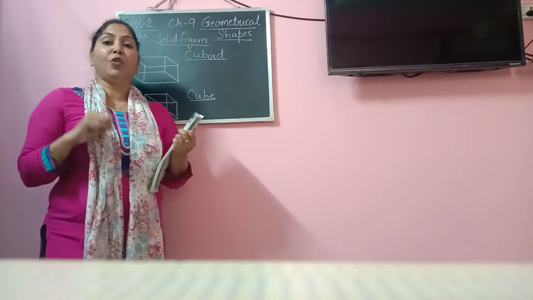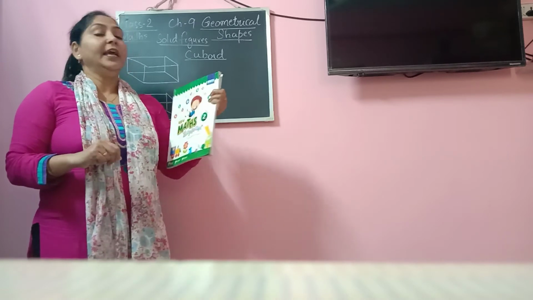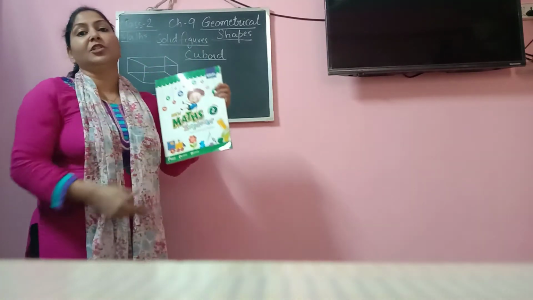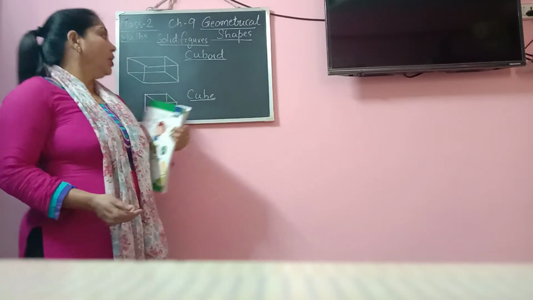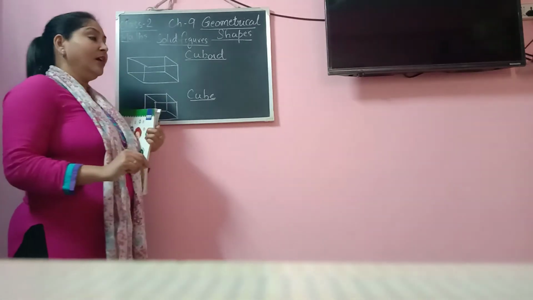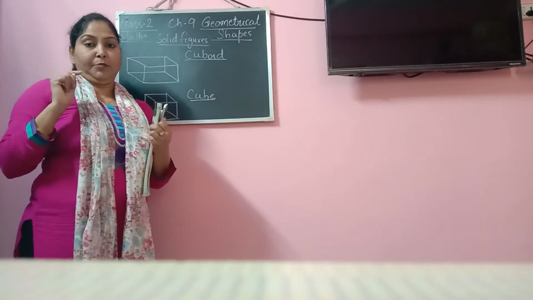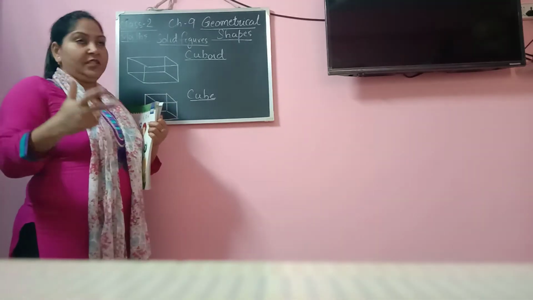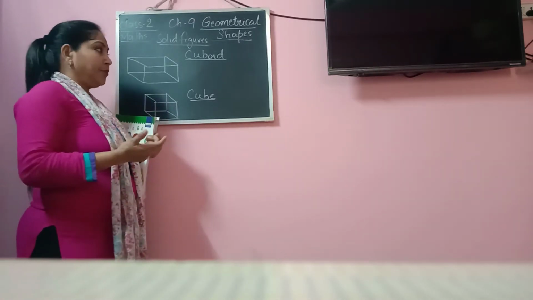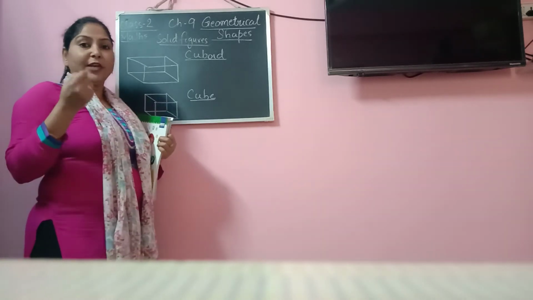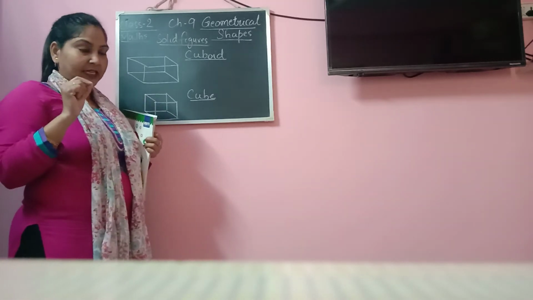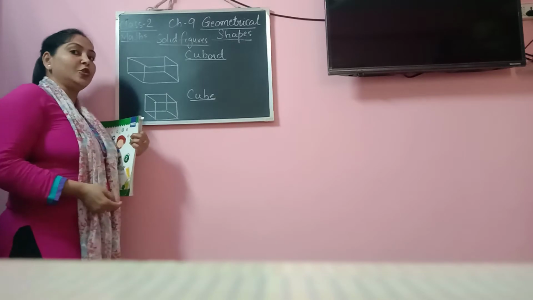Now in a rectangular shape, what property have we learned? We have learned that in a rectangle, we have one short length which is called breadth and one longer length which is called length. Okay. So, cuboid. Cuboid is a solid figure which is made up of rectangular shape. Each and every surface of a cuboid is made up of rectangle shape. So, in a cuboid it is very obvious that you will get one shorter length and one longer length, isn't it? So let us try to understand what a cuboid is.